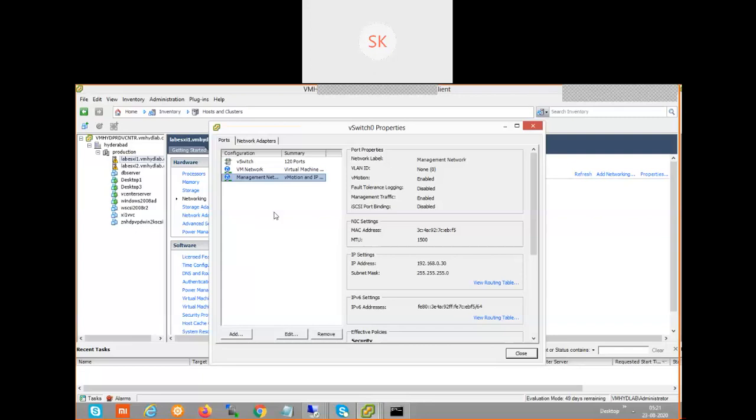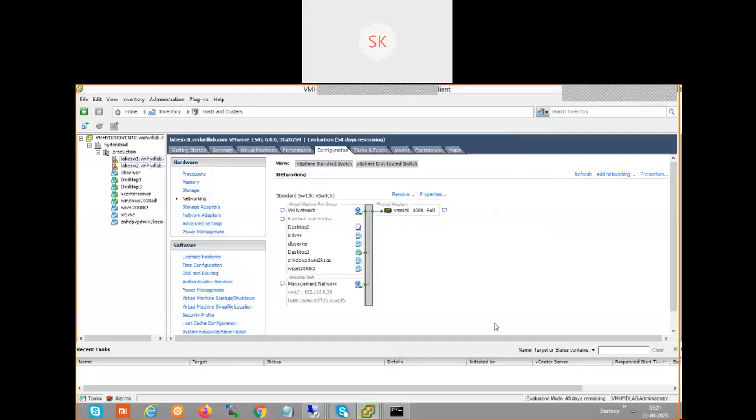Let's see how the manual migration and the auto migration are going to happen. After that, we are going to work on the features available in HA and DRS. Click close. We deployed, we migrated, checked the storage, and close. We have two VMs, desktop 1 and desktop 2. We are going to migrate both and see what is eligible for migration and what is not. Right click on desktop 1,